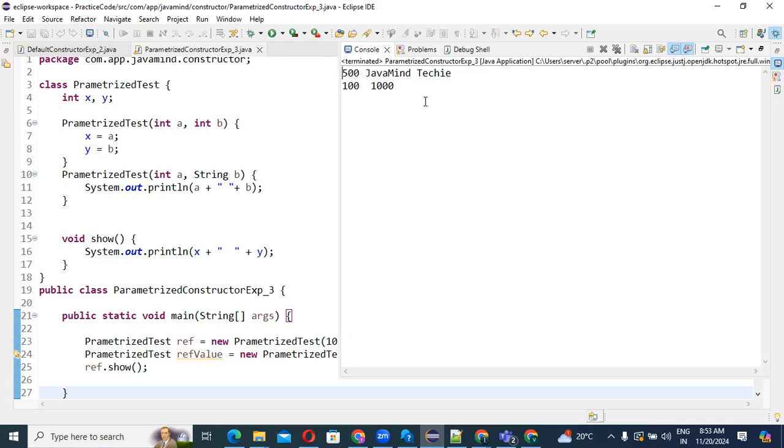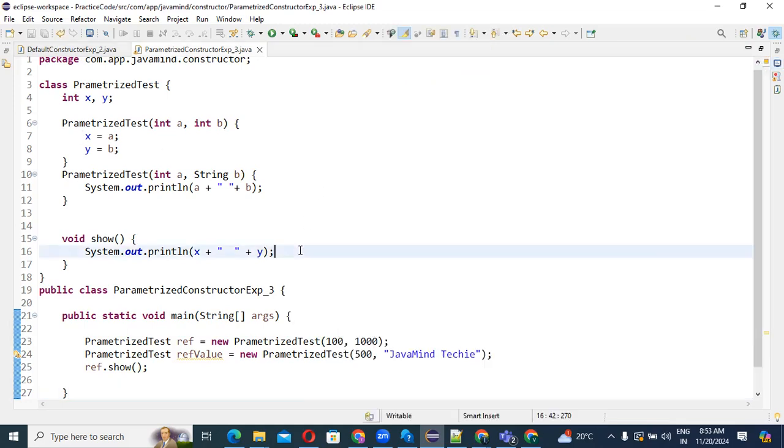But you may be confused why, Amit, this is running first and that is running second. So first it is printing this, guys, because I have called the show method after this creation. So if I call this thing